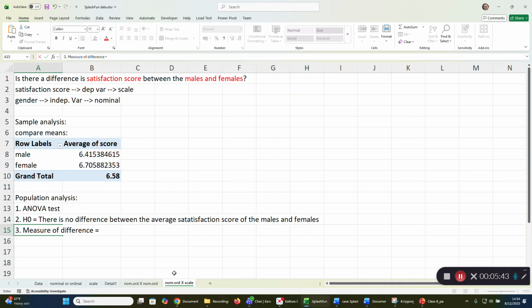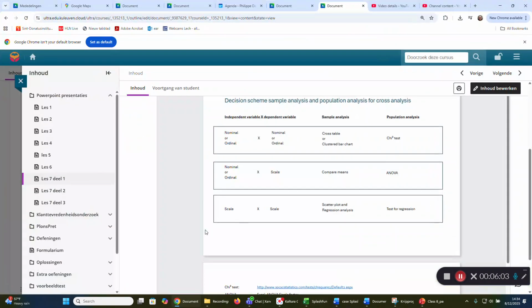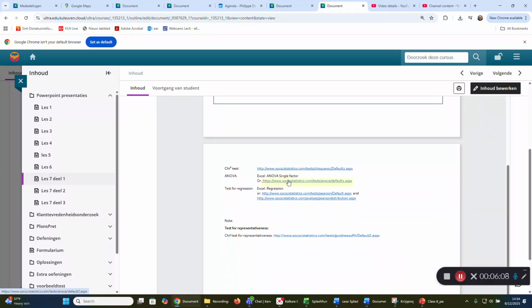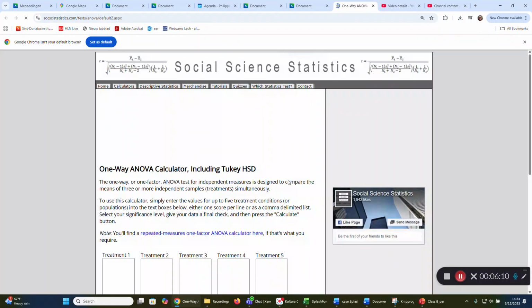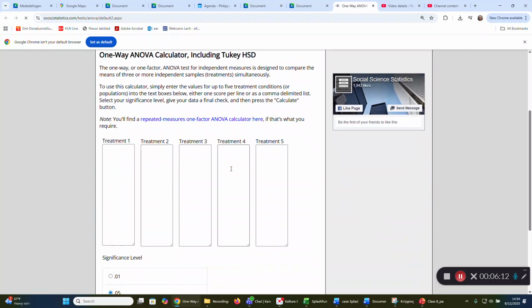And that measure of difference is the ANOVA F value in this case. And to calculate this and to see if the difference that we observe here in our table is significant, in other words, if we can extend the conclusion to the population, we will do that ANOVA test. Going back to my decision scheme here, scrolling down, I will find a link that will guide me to that ANOVA test calculator,